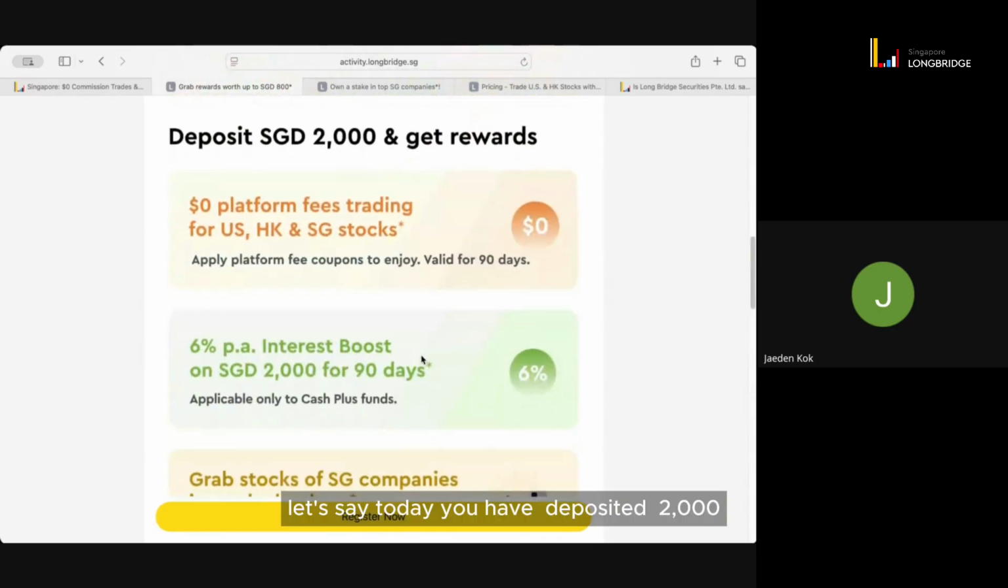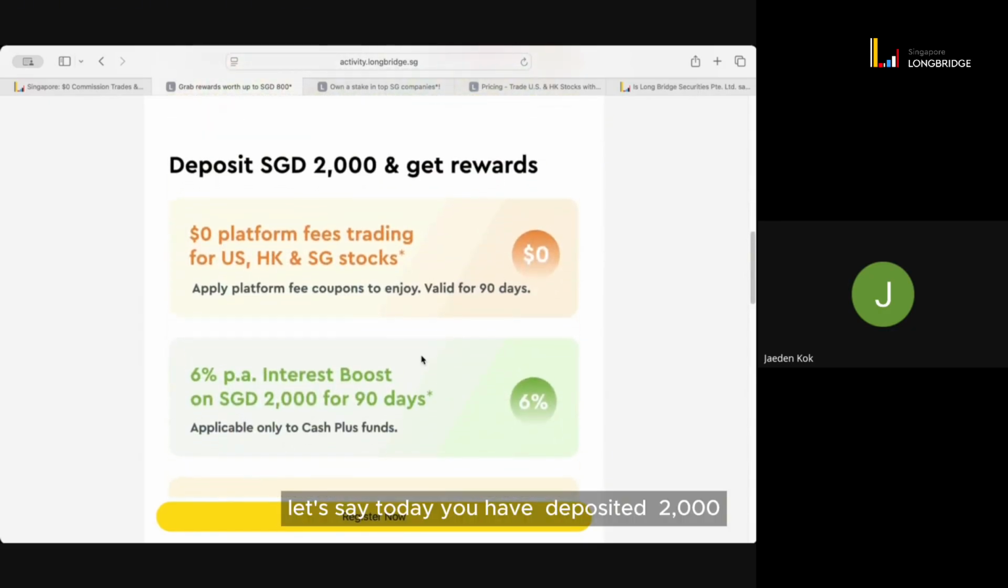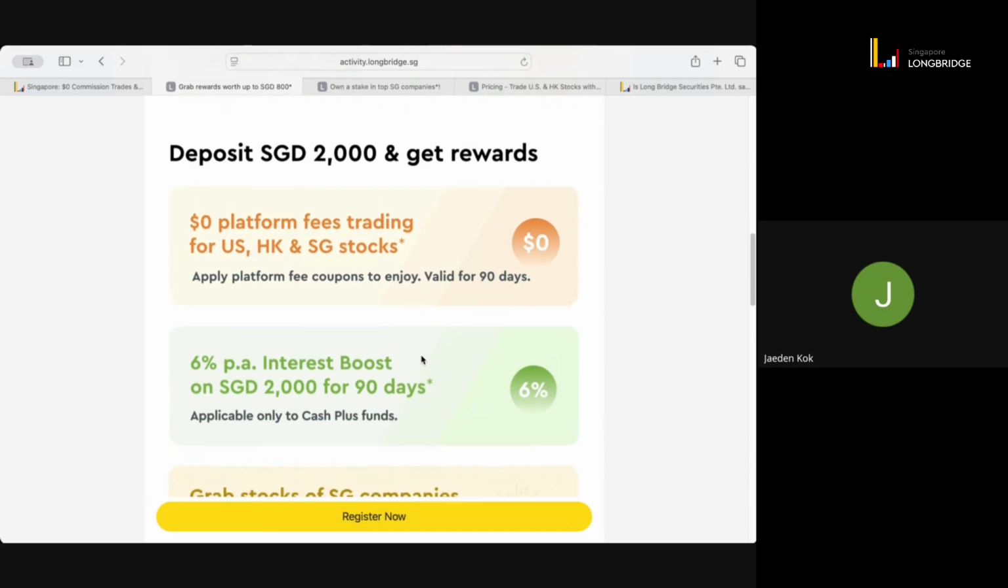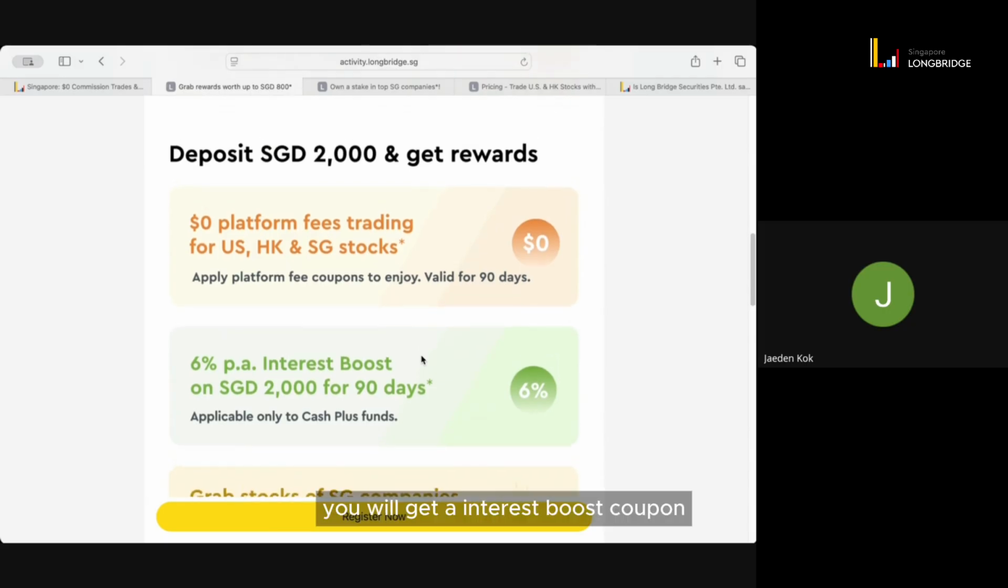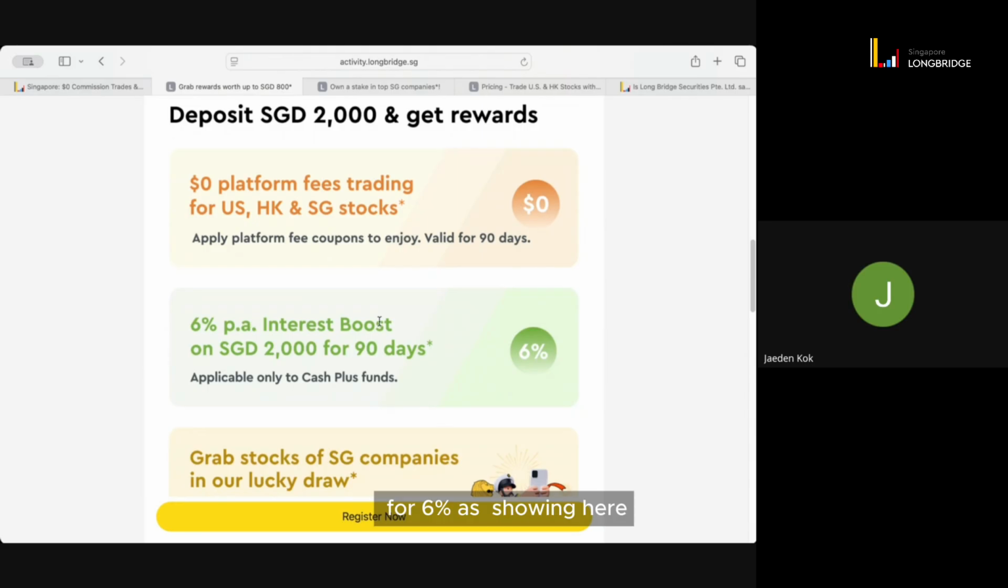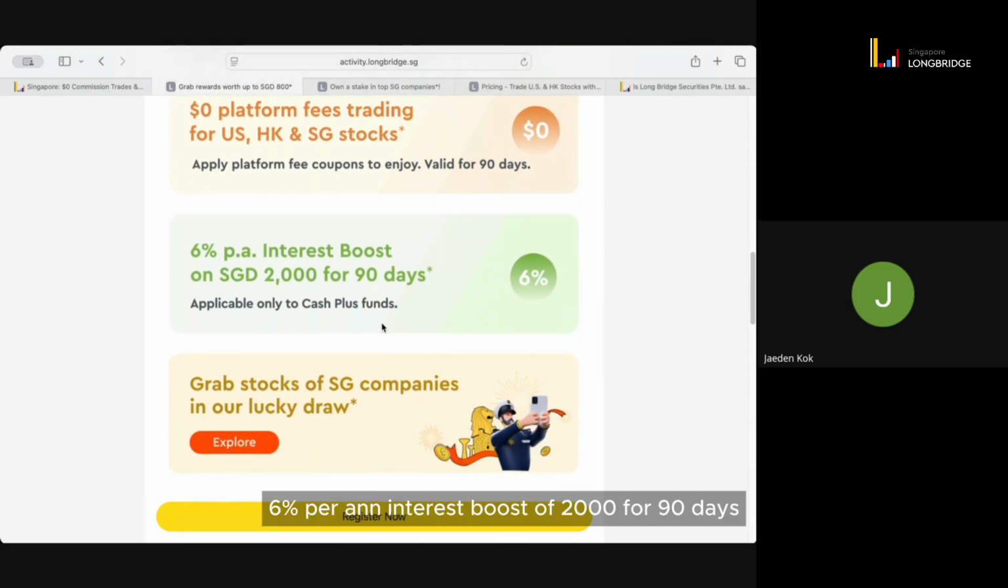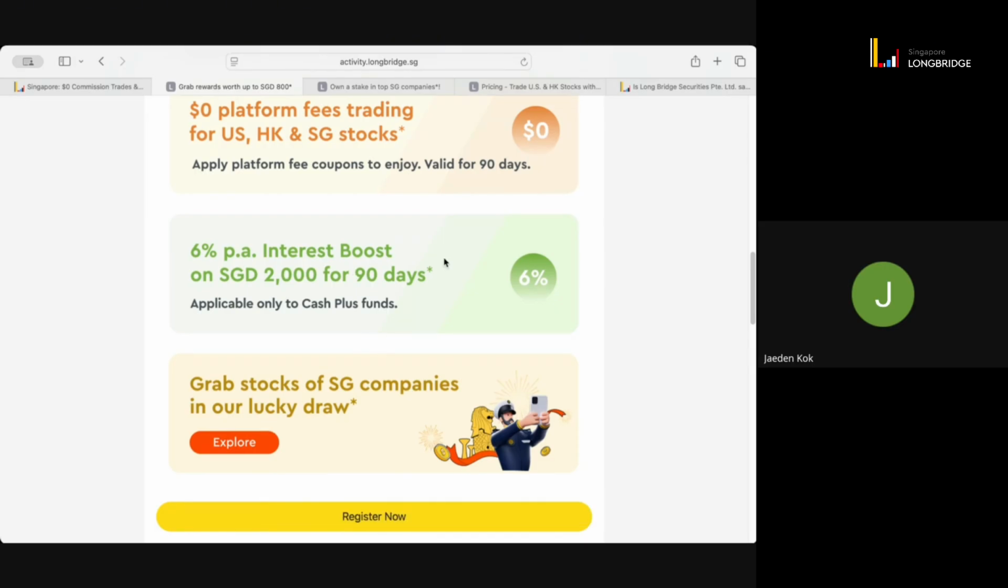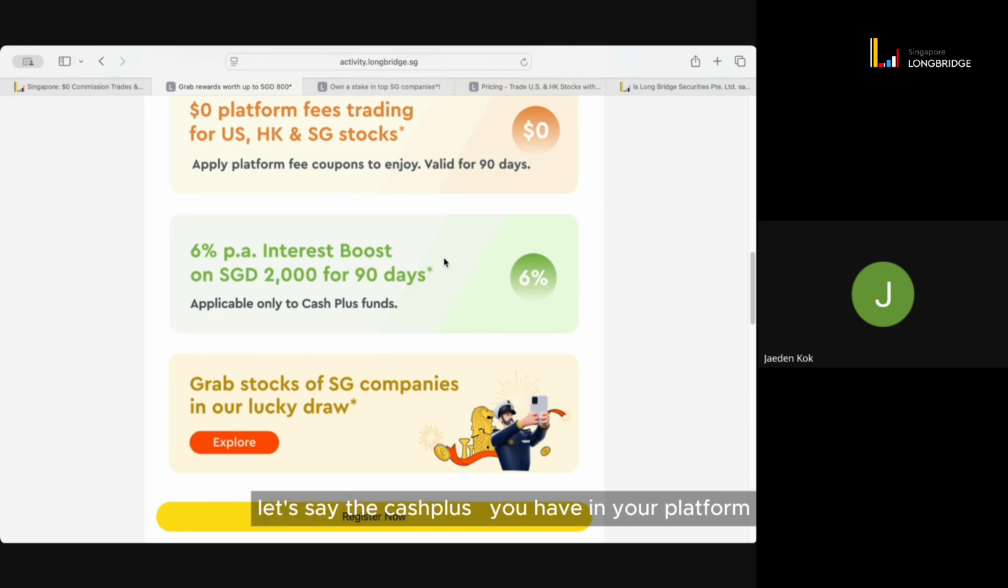Let's say today you have deposited 2,000. You will get an interest boost coupon for 6%, as shown here: 6% per annum interest boost on 2,000 for 90 days. Now for the Cash Plus you have on your platform, let's say the returns from Cash Plus itself are 2% per annum. If you have this interest boost coupon after you meet the criteria of a 2,000 deposit,